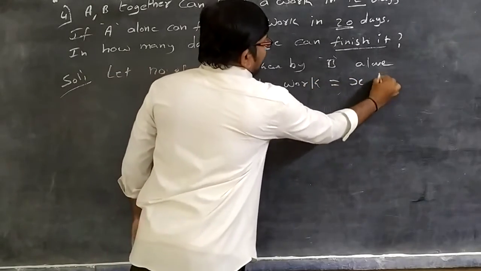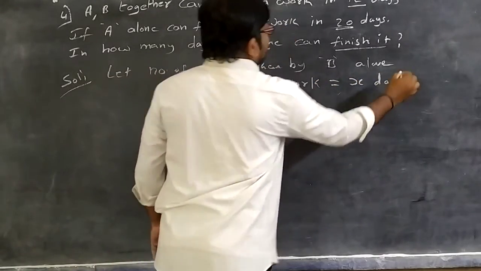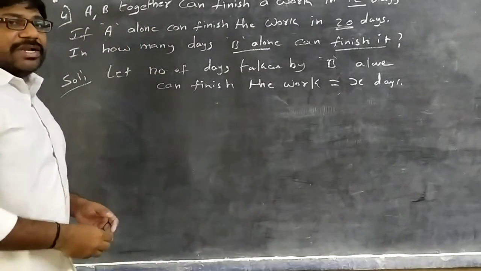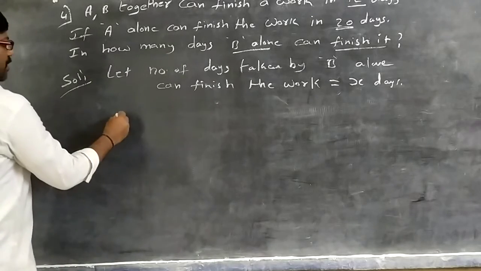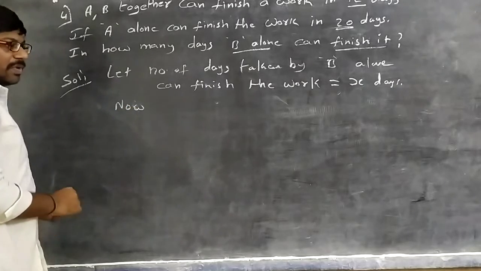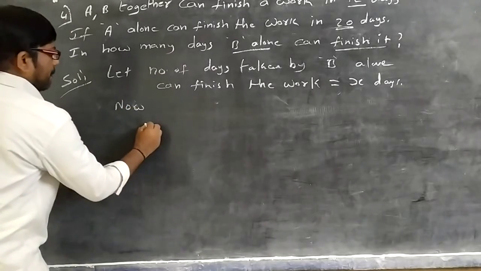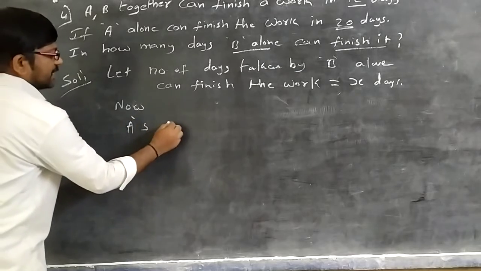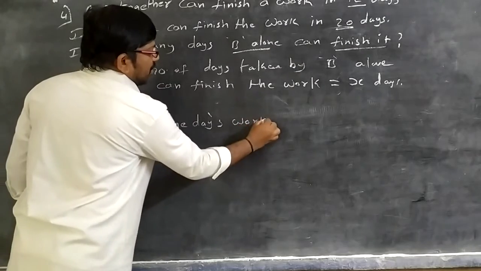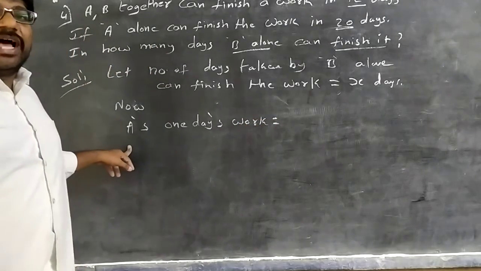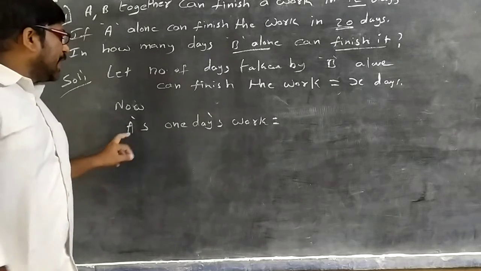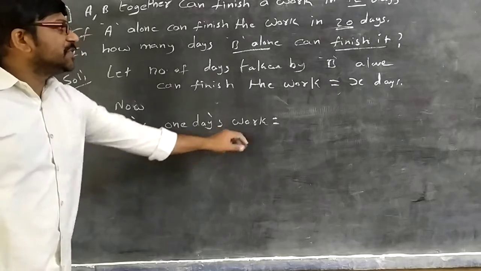Say X days. Now, as usual, we already know the previous problem. So, why write 1 day's portion of work? The portion of work done in 1 day. The portion of work done by A in 1 day can be written as A's 1 day's work is equal to